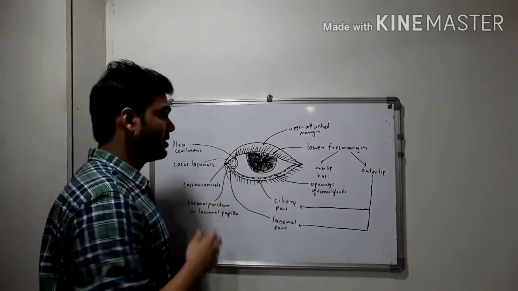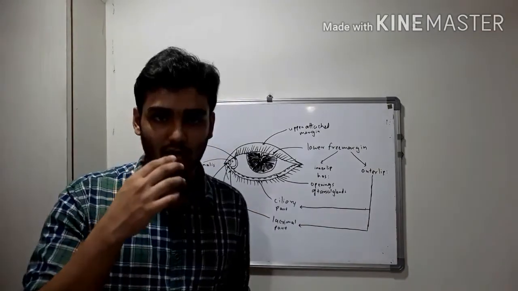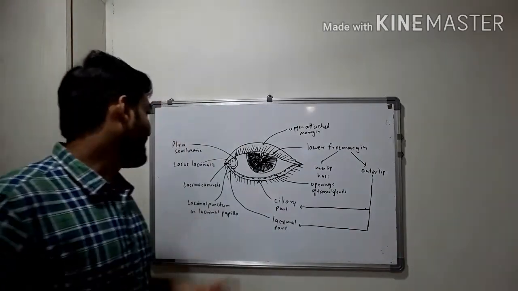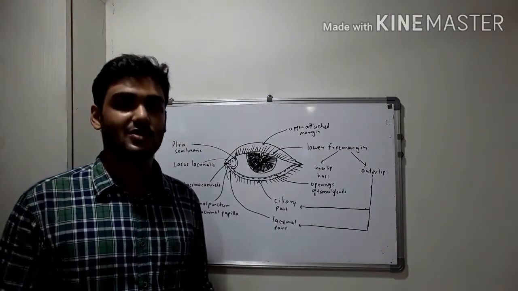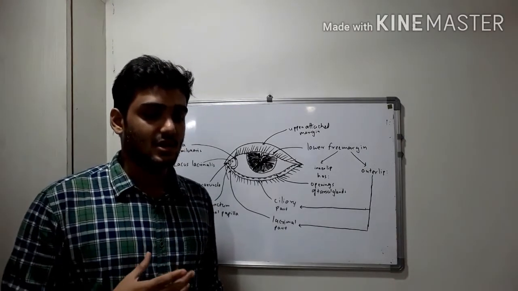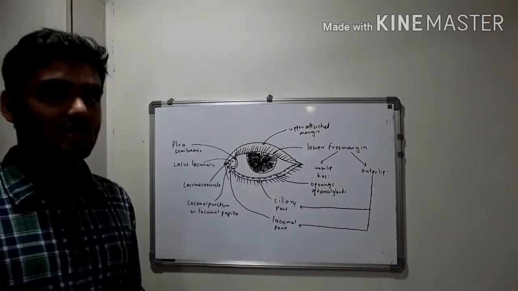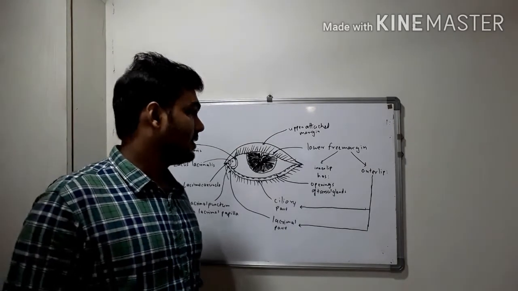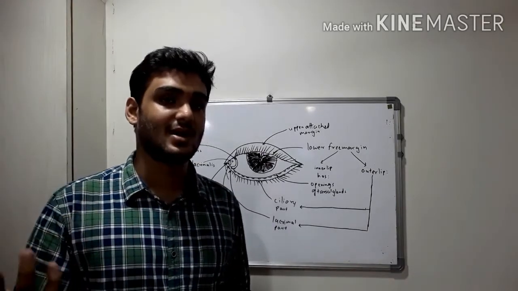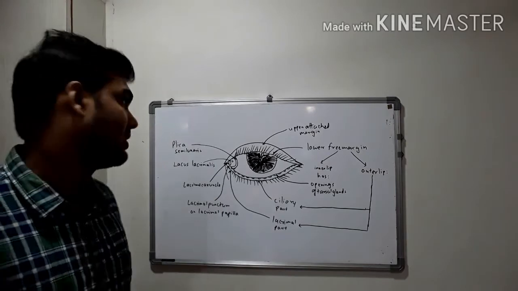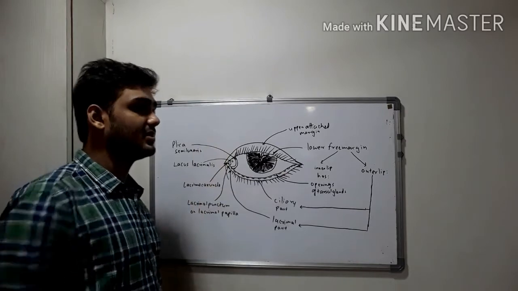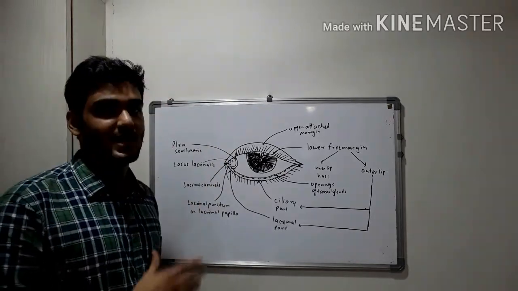Now the medial canthus, if you look closely in the mirror, you can observe a pinkish elevation. It is known as lacus lacrimalis, and on this lacus lacrimalis also there is a further elevation, which is formed by the sweat and skin glands, and that elevation is known as lacrimal caruncle. And there is a fold of bulbar conjunctiva. I'll tell you what is bulbar conjunctiva in the coming parts, but for now just remember that the fold of bulbar conjunctiva, just lateral to the lacus lacrimalis at the medial canthus, is known as plica semilunaris.